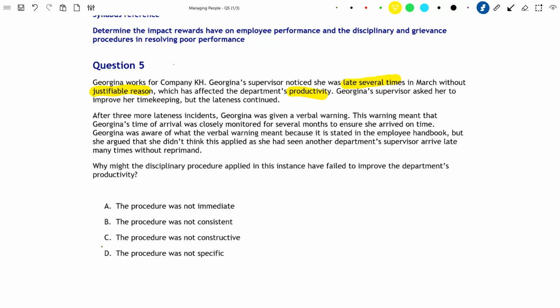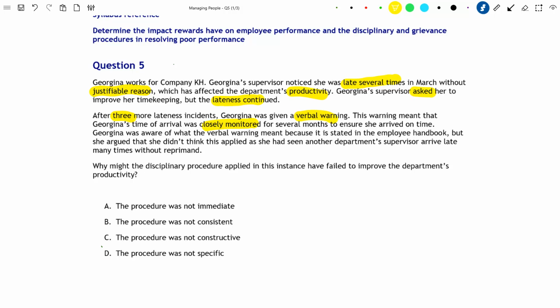We know that Georgina's supervisor asked her to improve her timekeeping, but she didn't manage to do this. She carried on being late. And in fact, she was late 3 more times before she got a verbal warning. And that meant that after that, her supervisor started to closely monitor Georgina for several months to make sure she